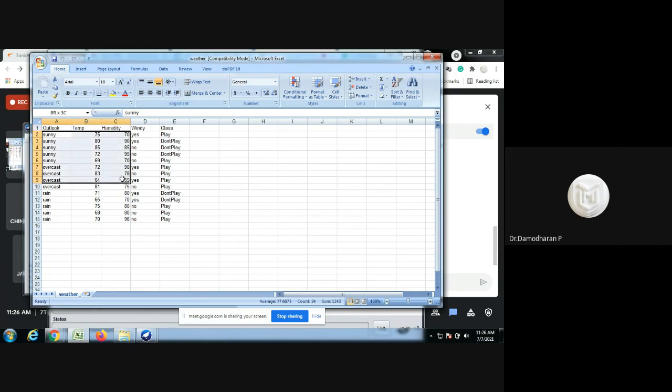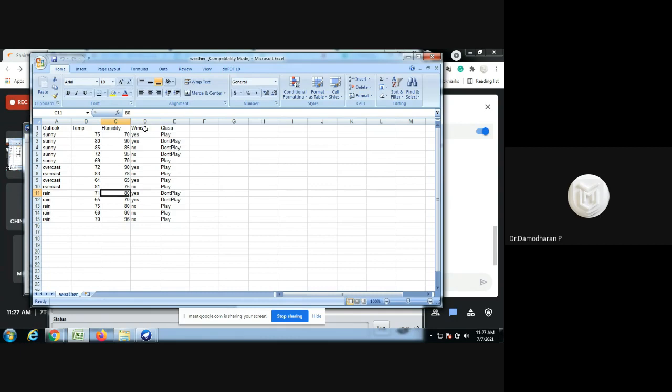This data set reflects the weather. According to the weather condition, we are going to predict whether we are able to play or not, according to the previous data. The first attribute is the outlook; it may be a sunny day, an overcast day, or a rainy day. The temperature is given in numeric values, depending upon the sunny, overcast, and rainy day. The humidity level is also given in numeric values for the sunny, overcast, as well as the rainy day.